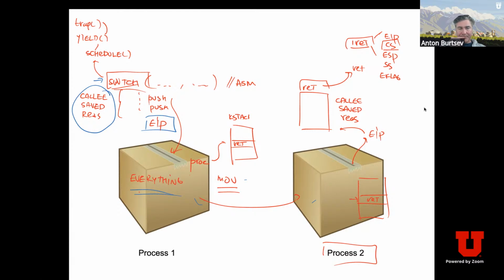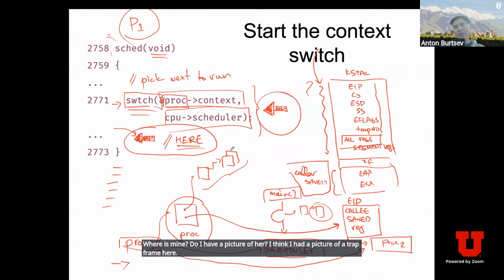in a way, how to answer it better? Where's my, do I have a picture of a trap frame here? So